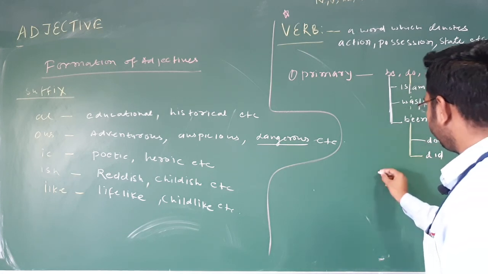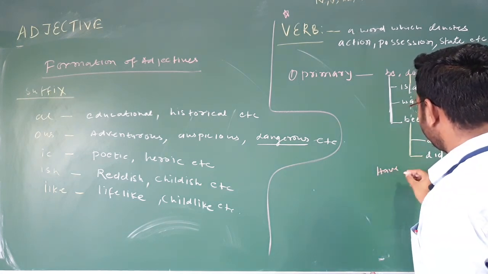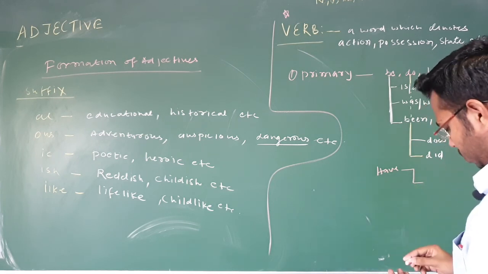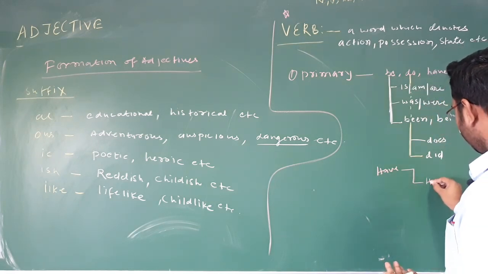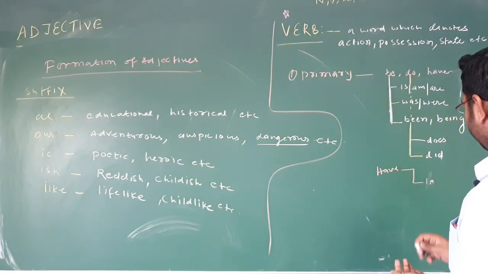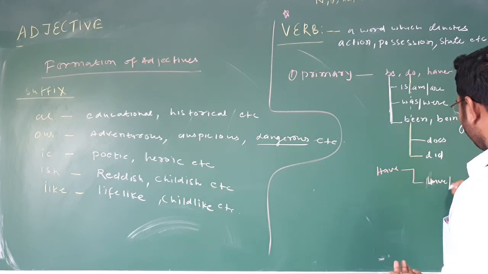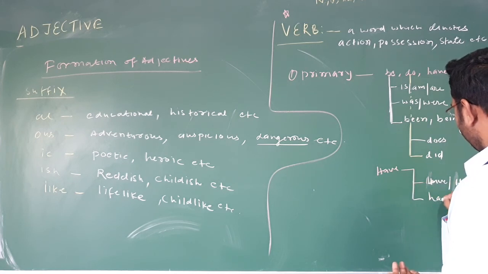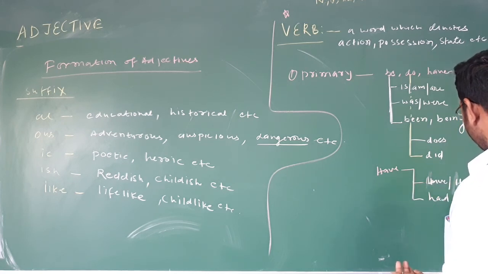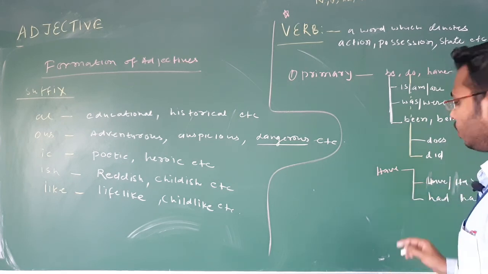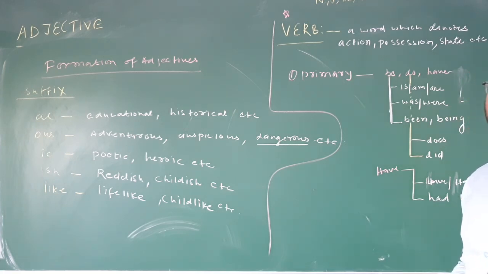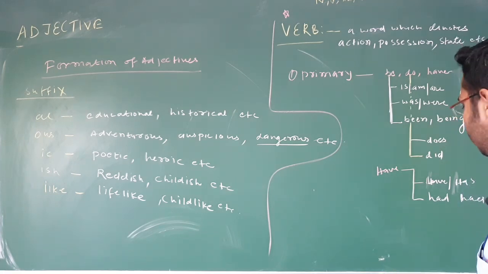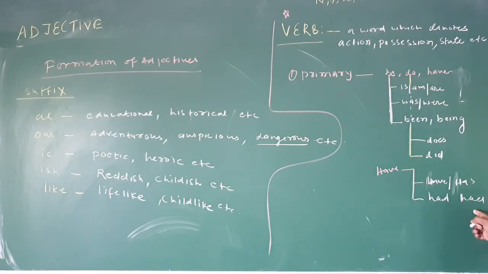I write down here have. So we can say have or has in the present form, have and has in the present form, we had, and again we had. Here is one interesting thing and supremely important, I would say, is that had, 2 times I have written. Why? Because